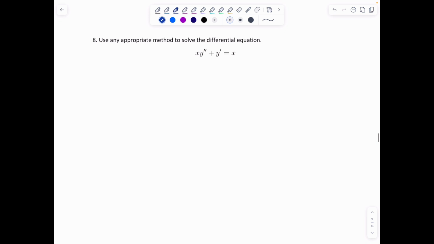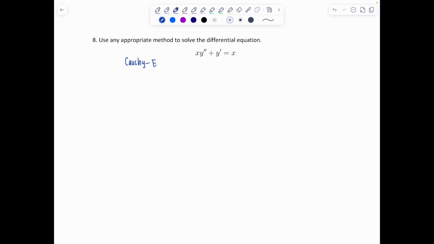Use any appropriate method to solve the differential equation. It's Cauchy-Euler. And then also, oh my God, someone who turned in the test first noticed something. It's pretty cool. I'll show you their little shortcut when I finish doing Cauchy-Euler. And you're going to be mad because it takes 2 seconds with the little shortcut. Anyways,